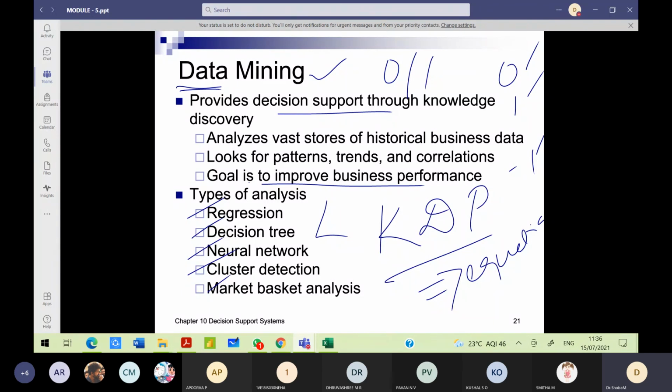And what is cluster detection? Whenever we give you an option of choosing the elective, you choose either elective A or elective B, right? Students who choose elective A fall in one category or one cluster. Students who choose elective B fall in another cluster or group. So this is a cluster. Say I have one random data entered into my database. I have to place it in the appropriate cluster, to which particular cluster it belongs.